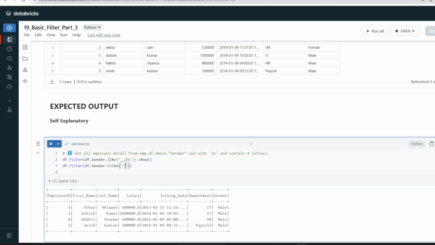It should contain four letters, meaning 1 2 3 4. Okay, and it should start with l and end with le. If there is something you want to check on the end part, you have to give a dollar, right? So this is how we write the